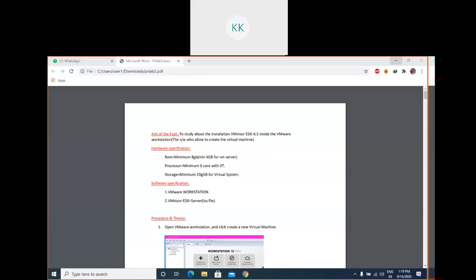First of all, we will install an operating system on top of my hardware. Then we are going to place a type 2 hypervisor, anything like Oracle VirtualBox, Microsoft Hyper-V. If you go for Linux, you can go for Linux KVM, or in case of VMware, you can go for Workstation Pro or Workstation Player.